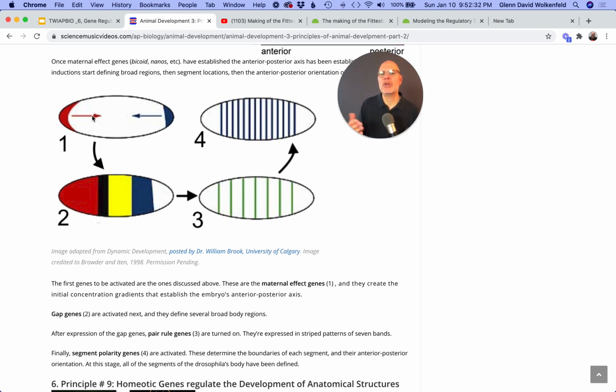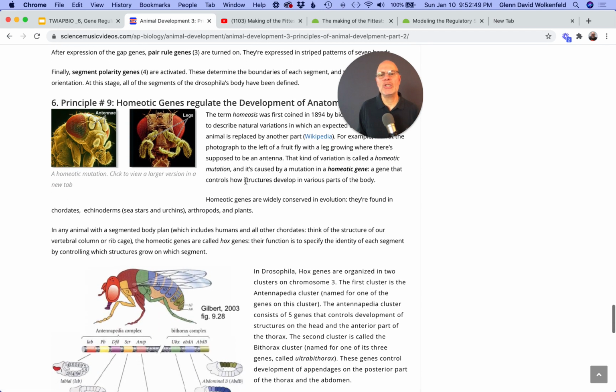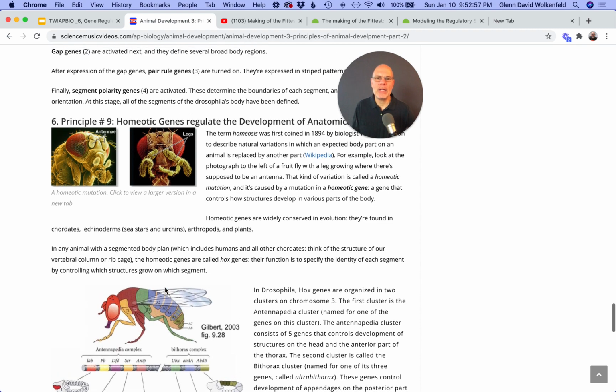level genes are doing things like controlling, where's the anterior portion, where's the posterior portion? And then you have the development of some major body regions and then finer segments, over here, and then the finest segment over here. And then finally, homeotic genes are going to be determining which appendages wind up growing in which segment. I know that I sort of breeze through that at an incredible speed, but what will happen is